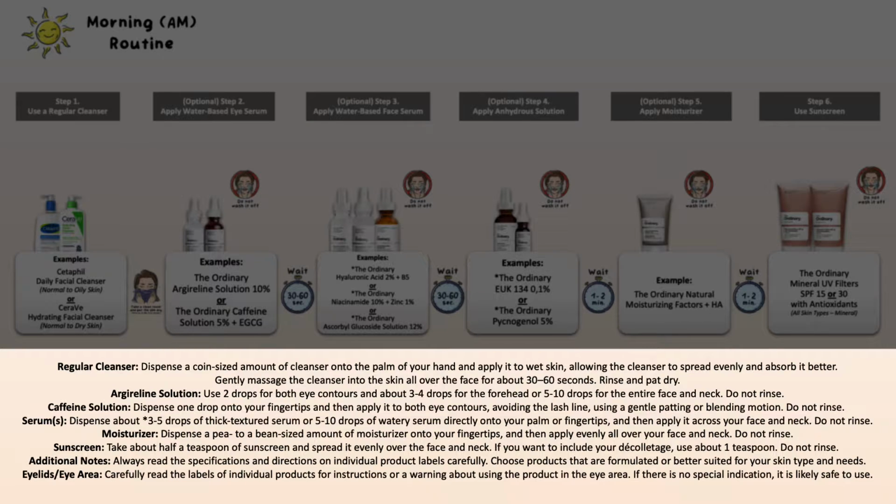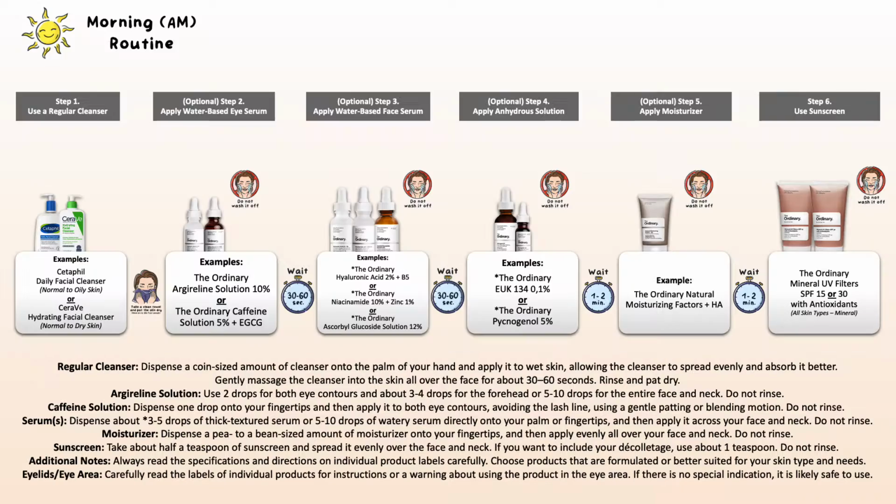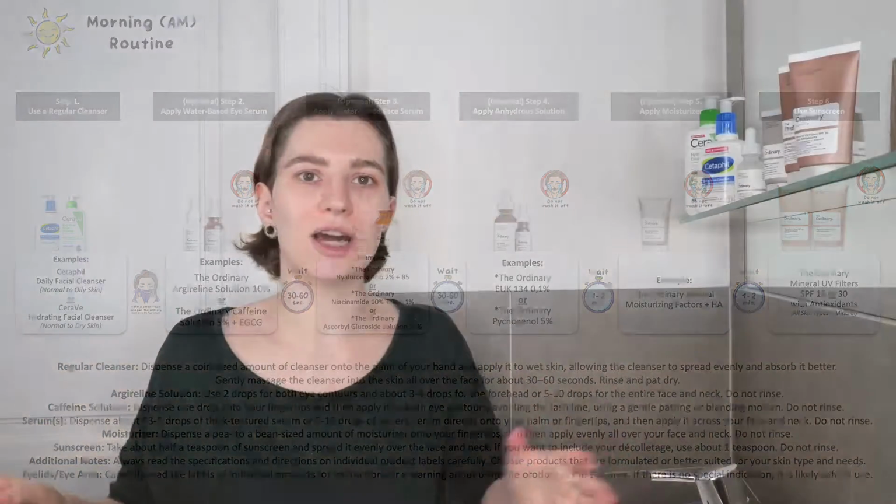Now below the little squares, like the example routine based on the order of application, you can follow the specific guide on how much you would need to use when following that routine in the morning. But there you have everything laid out in a simple slide that you can hopefully understand and follow at home if you like to recreate it. Now I want to emphasize that I have prepared for you everything in a PowerPoint, including the benefits of the individual treatments that I have picked. So if you want to look into them, you will find the PowerPoint in the description box down below.